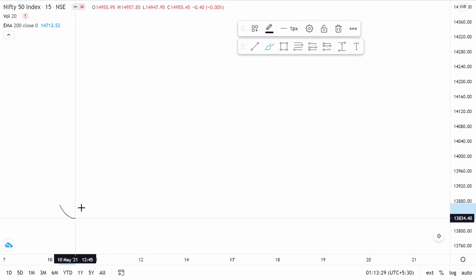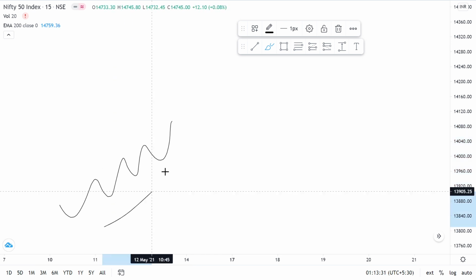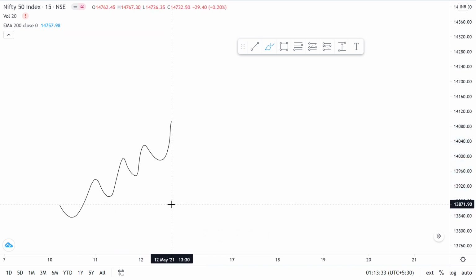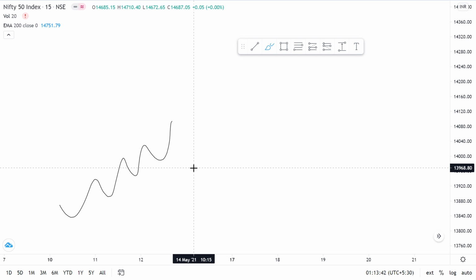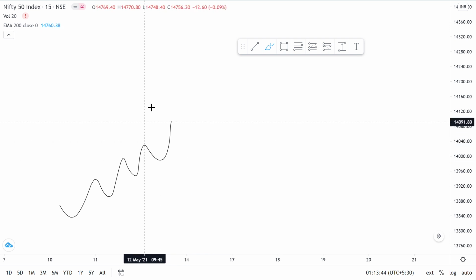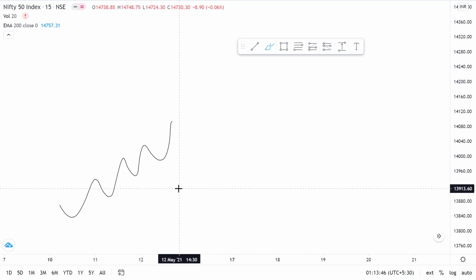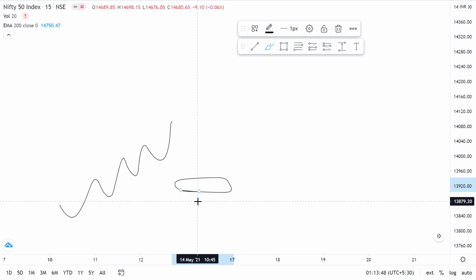Suppose the market has shown good bullish momentum and good buying throughout the day, or at least towards the second half of the day. So there has been strong buying in the second half of the day or the entire day. And the very next day, I'm talking on an intraday basis mainly, there is a huge gap down opening. Now this gap down opening could be due to some fundamental news, or could be due to weak global scenarios as well.